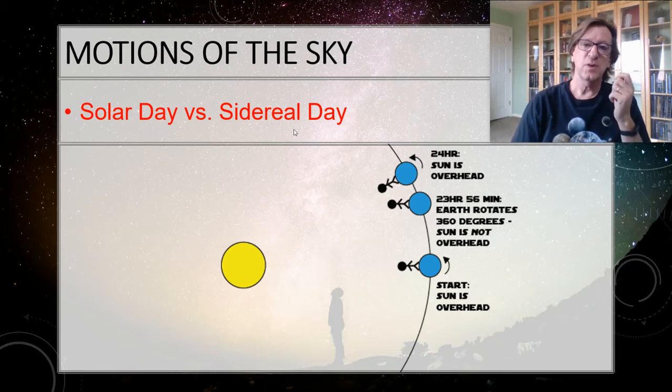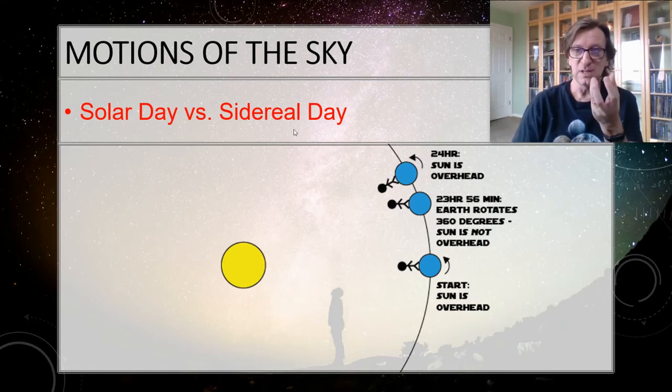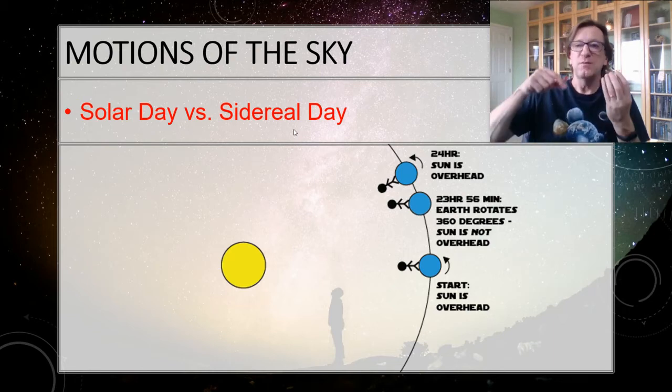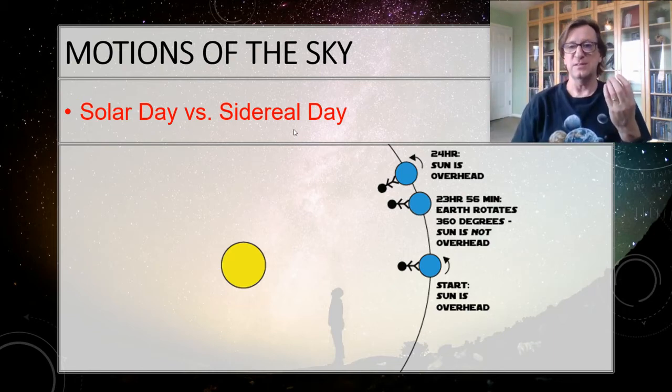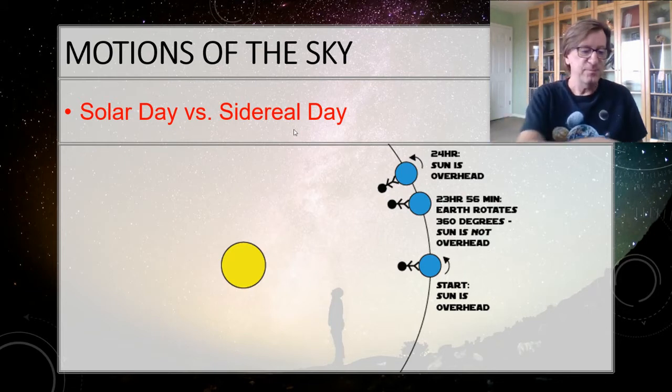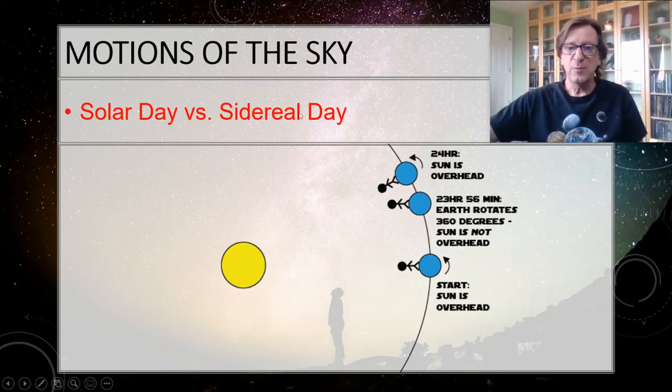Okay, so the question was, if the sidereal rotation, the sidereal day stays the same, 23 hours and 56 minutes, but the revolution period is twice as fast, what happens to the solar day? Well, if you think about it, I'm right here. 23 hours and 56 minutes later, I'm still going to be pointed straight ahead, but now I'm going to be all the way up here. Let's see if I can draw that. Yeah.